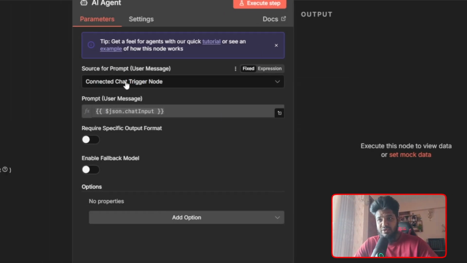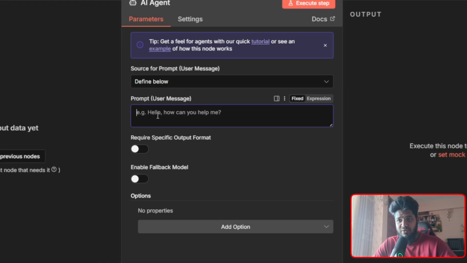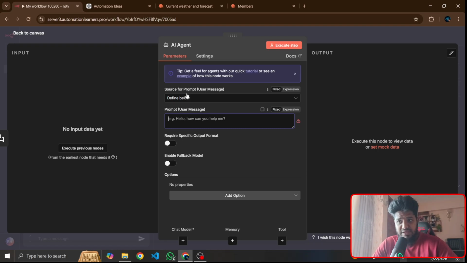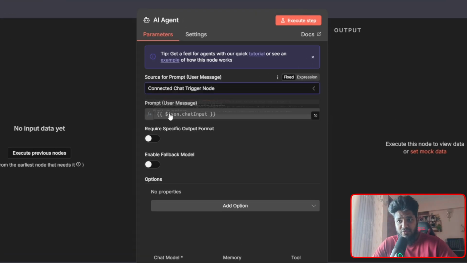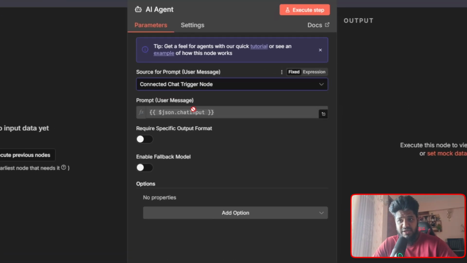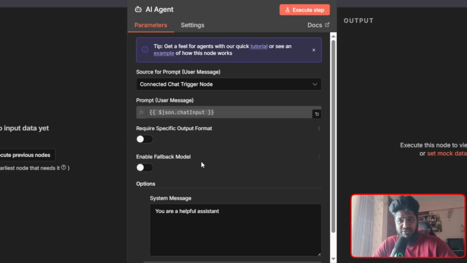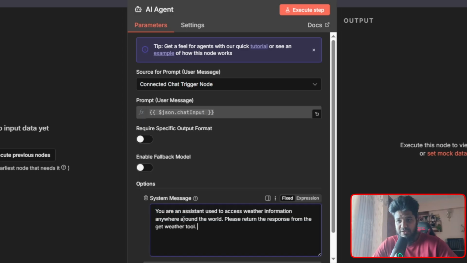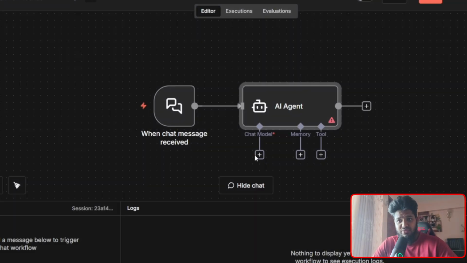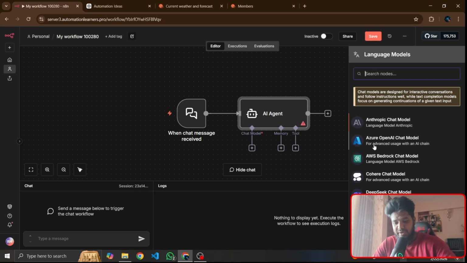Okay, so define value, and we need to give here the system prompt and what I need actually from this website. Okay, so you can see, we need a flow which is connected to the trigger, and add a system prompt which is: you are an assistant with the information, and so on, return the response. Okay, so we need to add a chat model, the OpenRouter chat model,